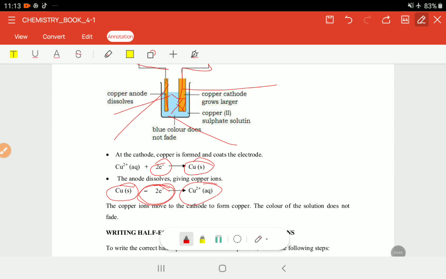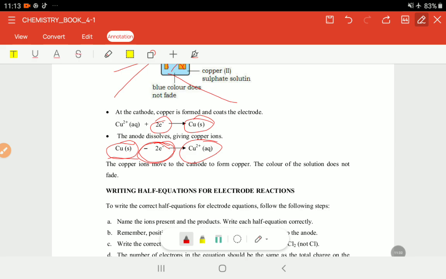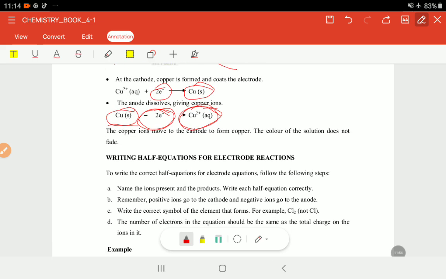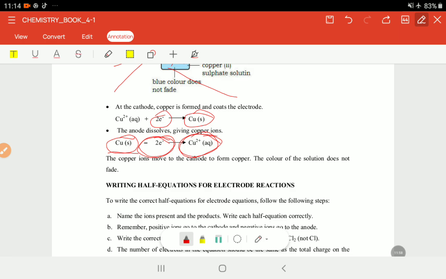But here, the copper from the electrolyte leaves the solution and goes to the cathode and builds up that copper metal, but the copper ions leaving the solution are replaced by copper from the electrode. For example, in this case from the anode we have this one that dissolves and becomes copper 2+ in aqueous form. So the cathode removes copper from the electrolyte, but the anode returns the copper by losing those electrons. That's why we can't expect it to fade, because the rate at which the copper ions are being used is the same rate at which those ions are being replaced from the decomposition of the anode,